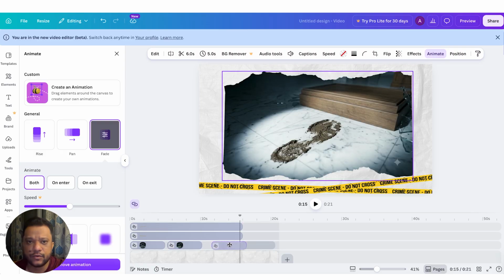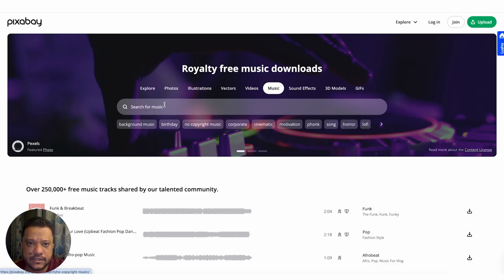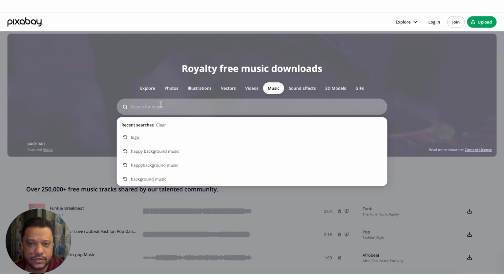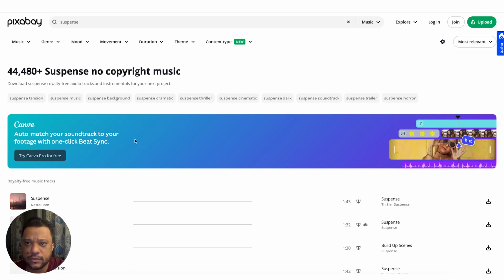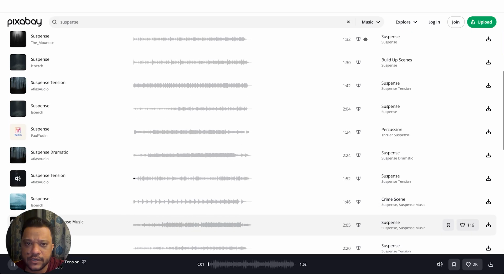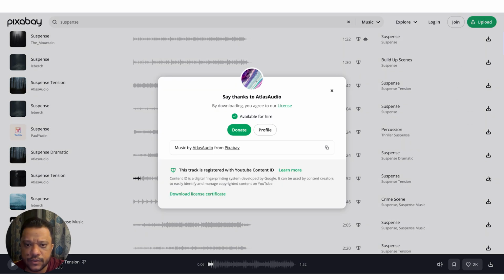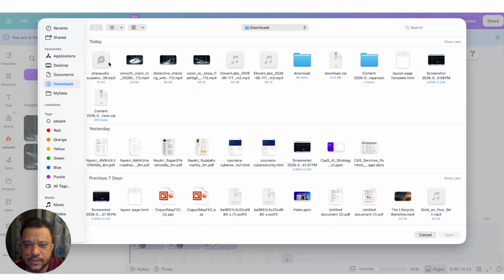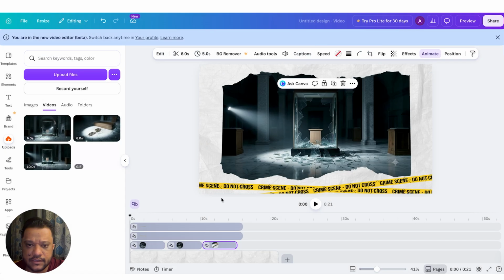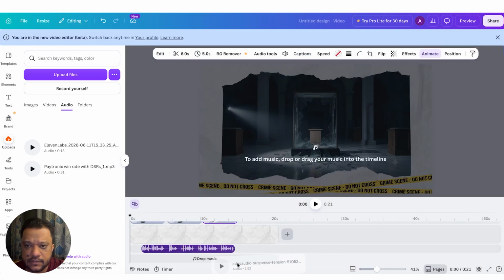Now let's add some background music, which is creating more suspense for the story. So this music is looking good to me. I will just download it from Pixabay, where it is free, and I'm going to add this to my scene one. Let me adjust the length of the music, and also